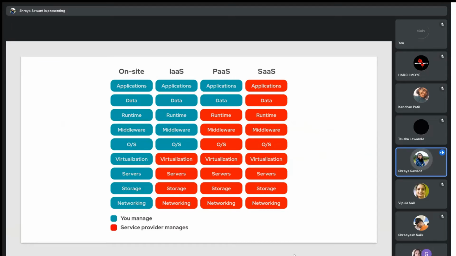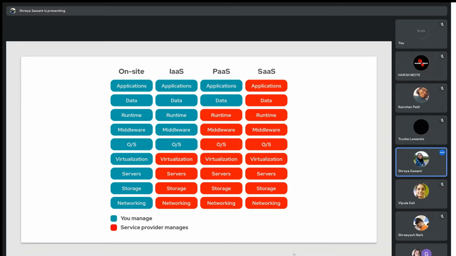Under these services, we have four types. One is on-site, IaaS, PaaS, and SaaS. On-site is when everything from infrastructure to application is managed by your company. You get the hardware and software, and you manage it.